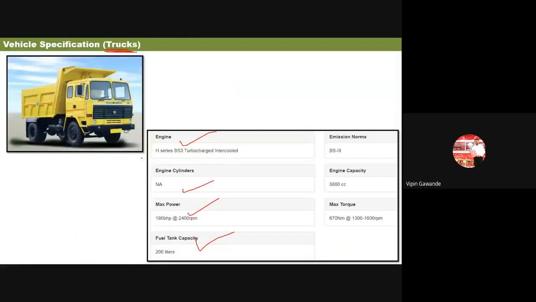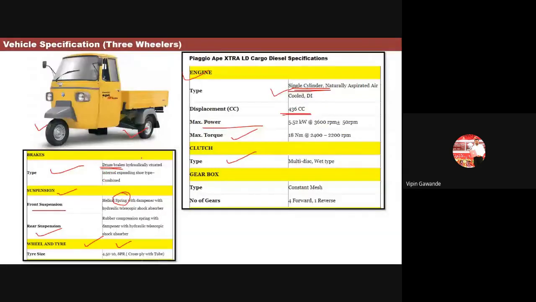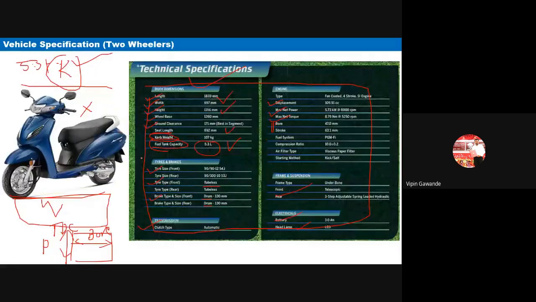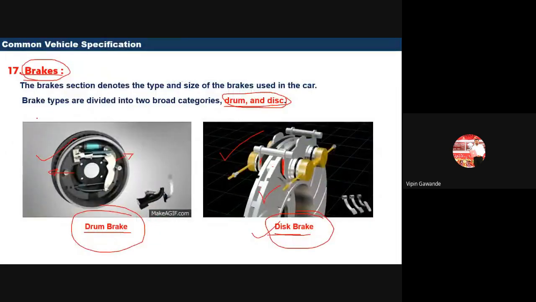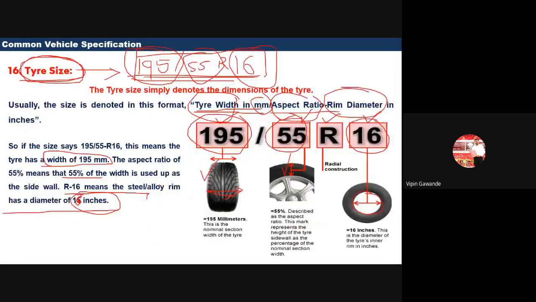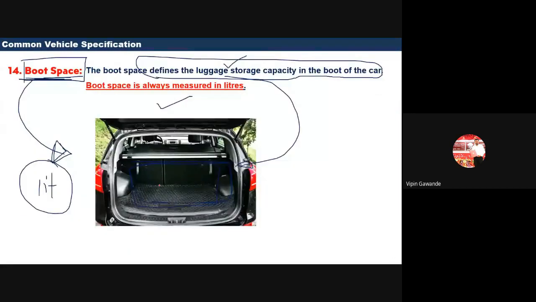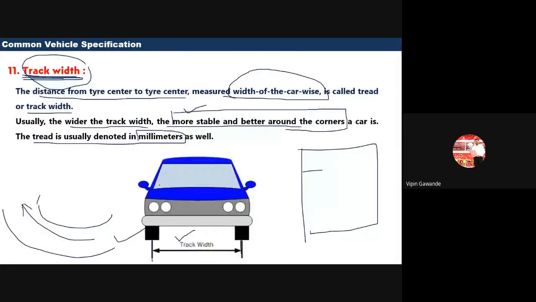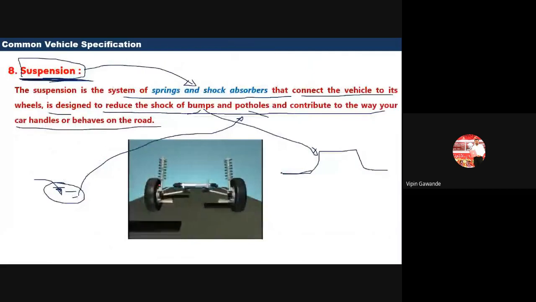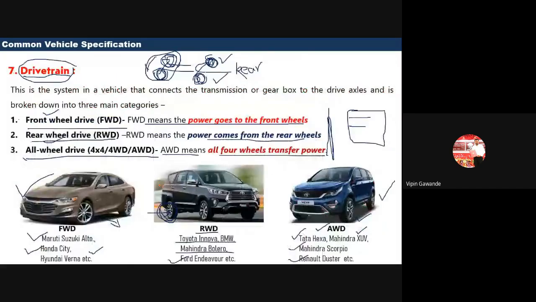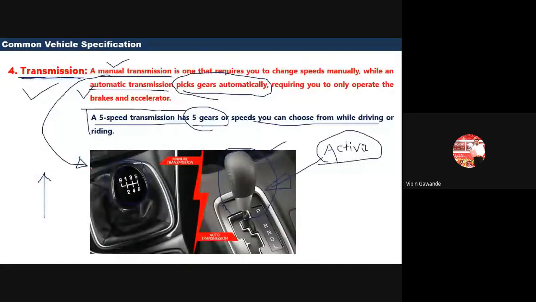Okay, so I hope you understand all these things, and whenever you visit any showroom, just take the specification chart from that person and see what is mentioned in that specification chart, and then correlate with what we have learned here. Okay, so all these things you must remember. All the 17 parameters, they will ask in the MCQ questions. So you have to be very careful. Front wheel drive means what, rear wheel drive means what, all wheel drive means what, so that you have to concentrate on.